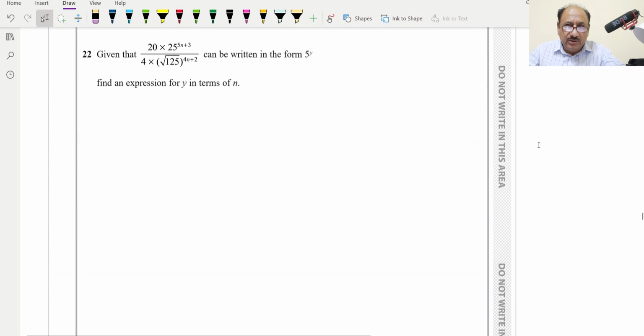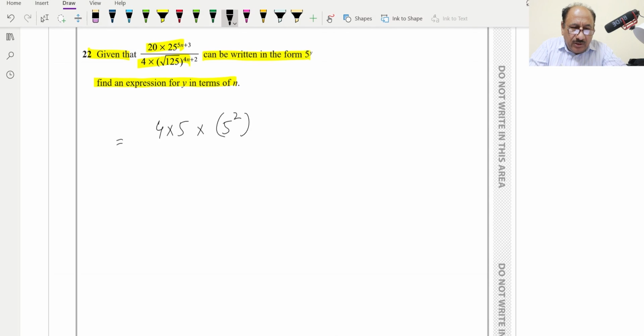Now question number 22. Question 22 says, given that this one can be written in the form of 5 raised to the y, find an expression for y in terms of n. So y in terms of n we have to find. So what we can do, we can write 20 as 4 into 5, and 25 as 5 squared, and whole raised to power 5n plus 3, and similarly denominator also we can write 4 as it is, and